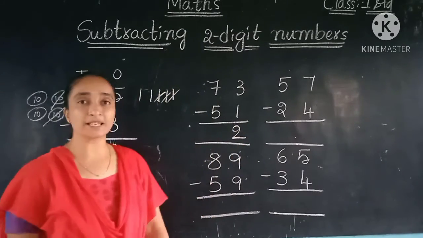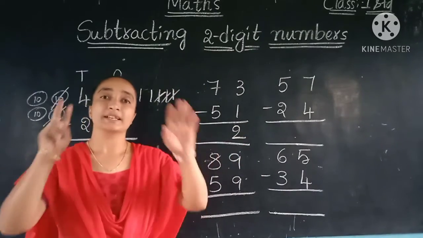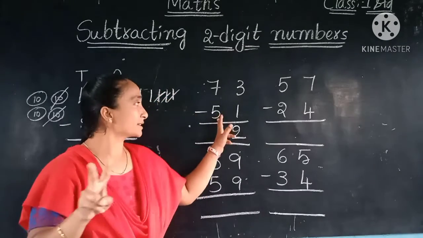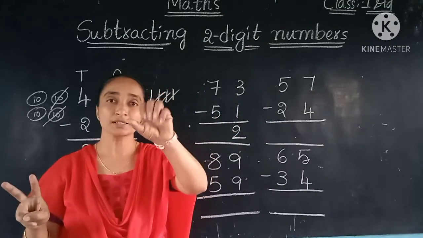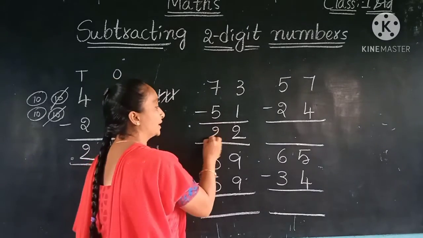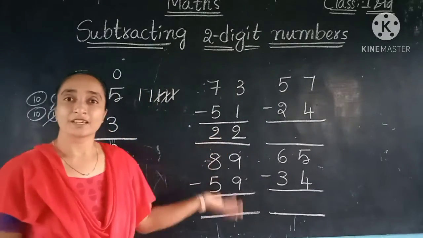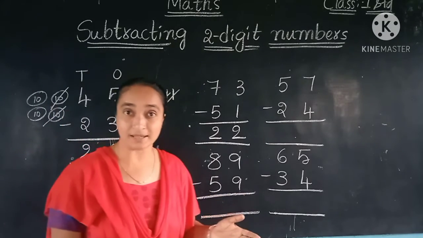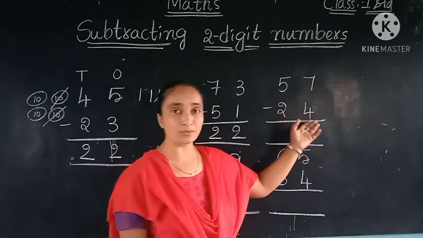Now come to the tens place. How much do we have? 7. Take 7 fingers. Okay children? 5 and 6 and 7. Next, the second number we have is 5. So 5 fingers, fold. Remaining, how many are there? 2. So here we can write the 2 tens. Here is the sum. Very simple. Yes. Now we too can do all these sums, isn't it children? Yes. Let us do some more examples, children.